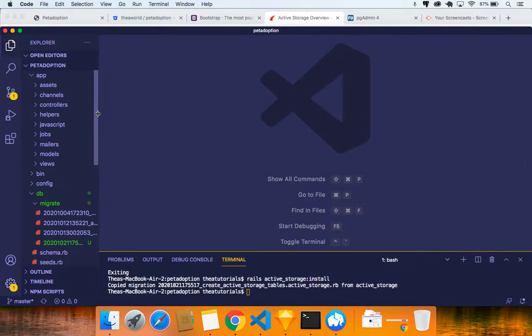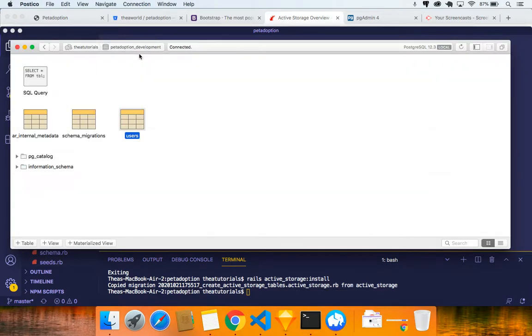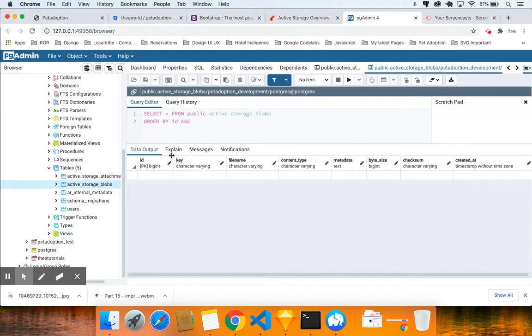So now we have to close this. Obviously, we have to migrate this to the database, because if you open either Postico and you come to Pet Adoption Development, you're going to notice these two were always here by default, but the users table is the only table we have. You can also open pgAdmin. Make sure your server, obviously, Postgres is running, and then you can open pgAdmin from the top here on a new window or whatever you want to do, and you're going to notice here